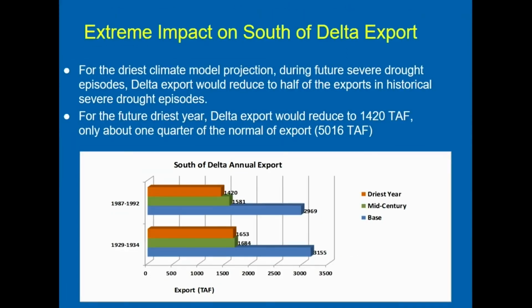So how does this driest climate model projection affect the State Water Project and Central Valley Project? You can see this bar graph.